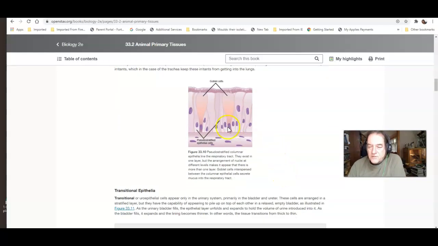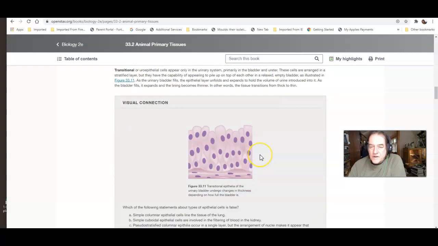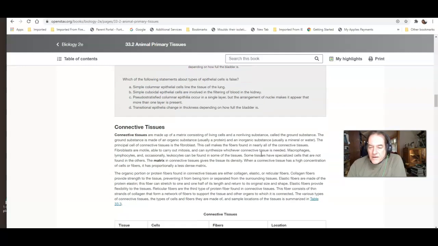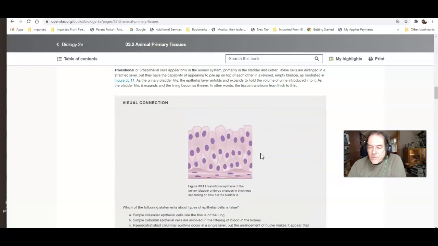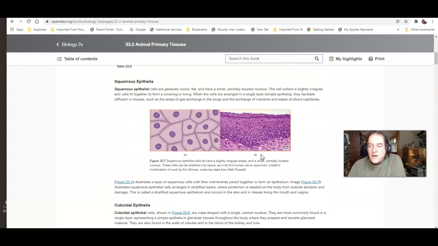And here's an example of some pseudostratified ciliated columnar epithelium. All right. The other thing is, we don't go into a lot more detail of it right here, but the cells,